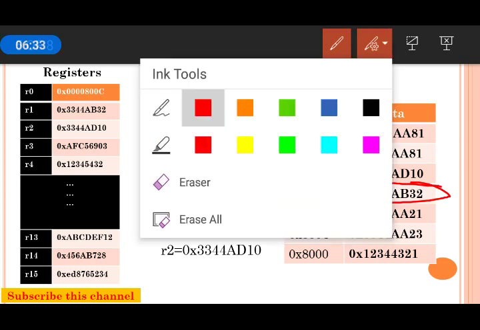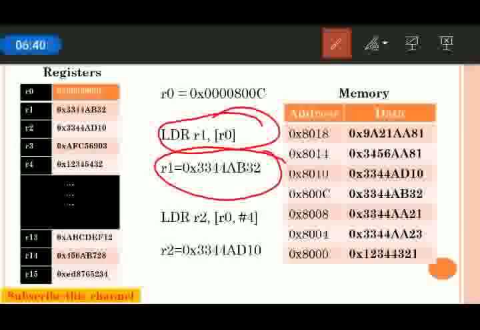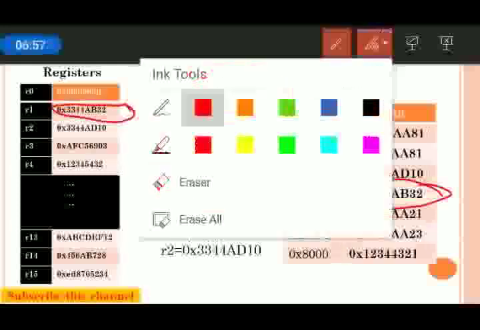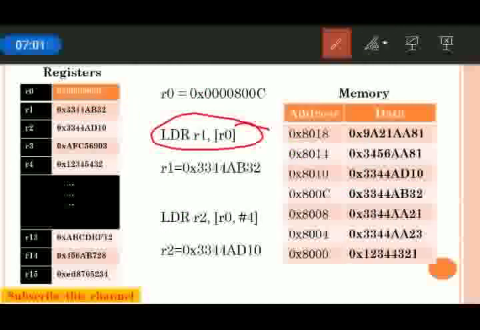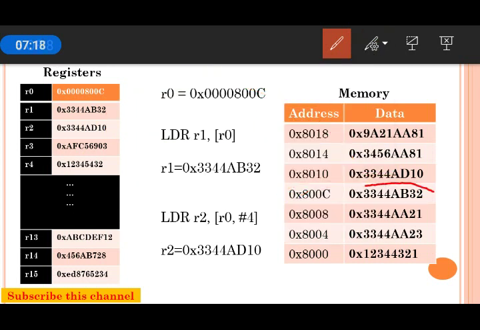After the execution of this, R1 will be loaded with the content of memory 800C, which is 0x3344AB32. In the register file you can also observe 0x3344AB32. So after the execution of LDR R1, [R0], the 800C memory content 0x3344AB32 will be copied to R1. Sorry, it is R1, not R2.